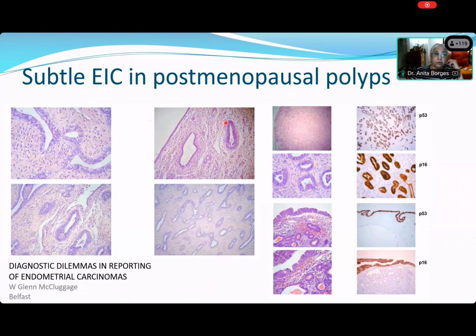Although there is no invasion of the myometrium, EIC, or endometrial in situ carcinoma, is actually related to the serous carcinoma of the endometrium. And sometimes, I have seen, not many cases, but the patient seems to have no invasion of the myometrium, and yet there is lymph node metastasis. So this is something that you should remember, particularly those who are in practice. Try and get a P53 done on endometrium, particularly if you see some degree of nuclear atypia in a postmenopausal woman who otherwise seems to have an atrophic endometrium.